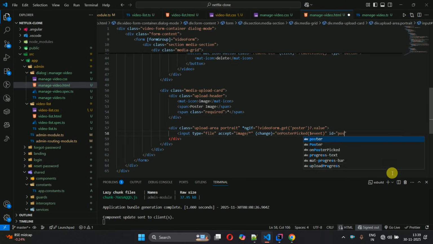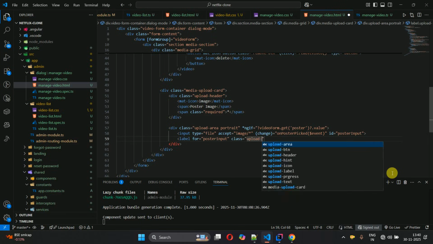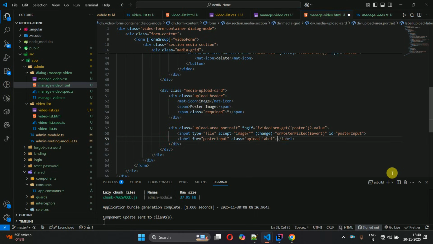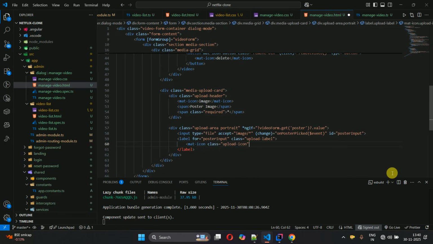and then we have id poster-input, and just close this one, and then label, and for here we have to write poster-input, and then class upload-label, and here we have to write mat-icon, and class upload-icon, and here we have to write add_photo_alternate, this one,